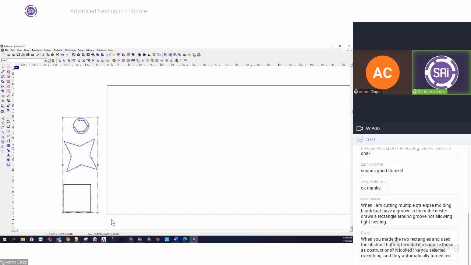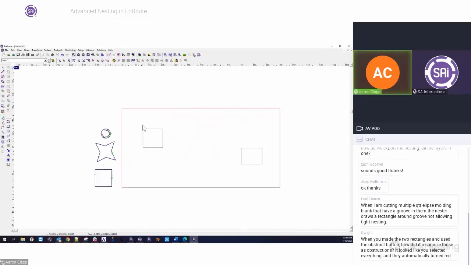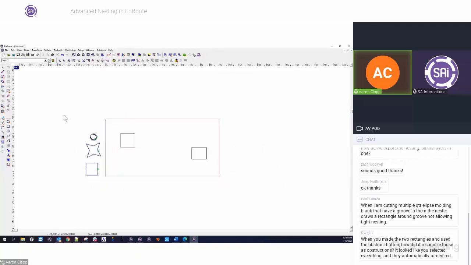Yeah, so anything that you have inside of the plate when you do an obstruction, so anything that I draw in here, now notice that I didn't put any toolpaths on these. I left them untoolpathed. So when I highlight everything, because when you go to nest, all the things that you want nested are supposed to be outside of the plate. And so they're supposed to be out here anyways. So anything that's inside or contained within the plate is now going to be considered an obstruction when I hit the